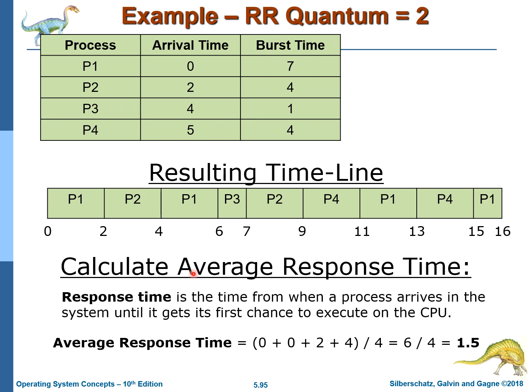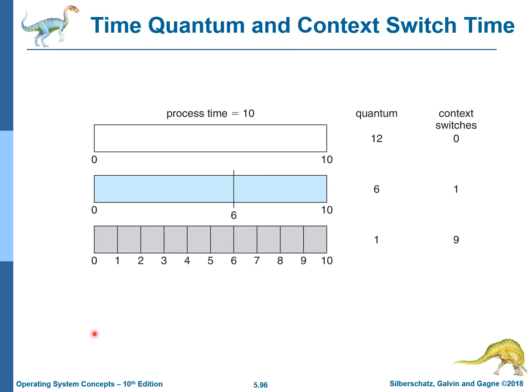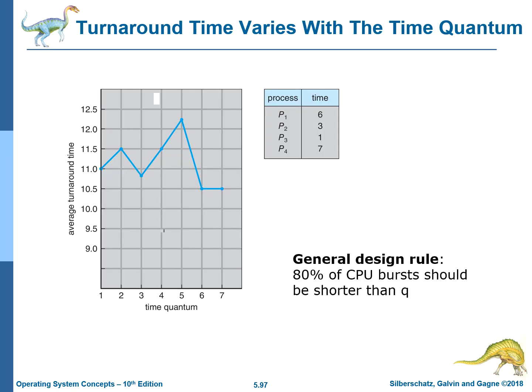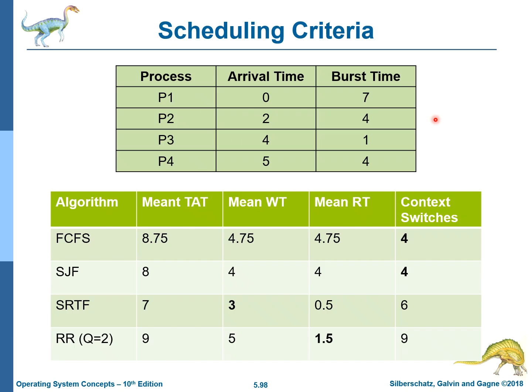All right, we calculate the average response time. We'll find that this typically has the best response time overall. I think when we compared this to the preemptive shortest job first, just by the nature of the question, the preemptive shortest job first actually had a shorter response time with all these preemptions that happened. But in general, we'll see that this prioritizes average response time. Great, we talked about this extensively in class, so I'll just skip over this talk about the quantum